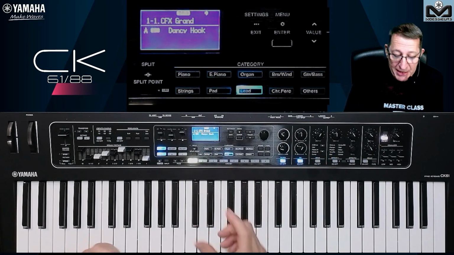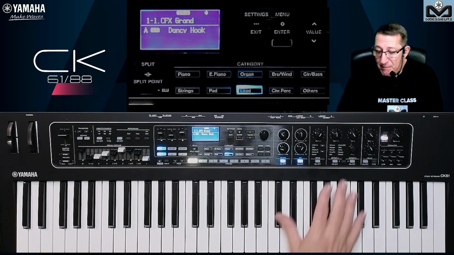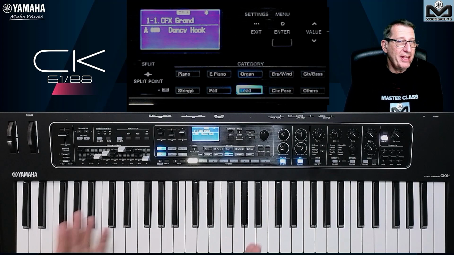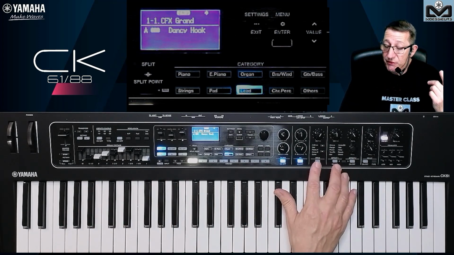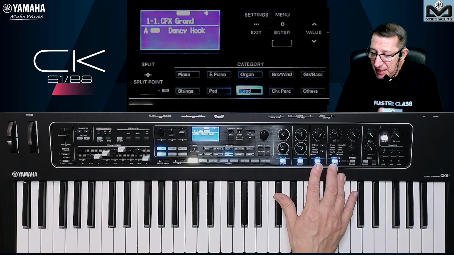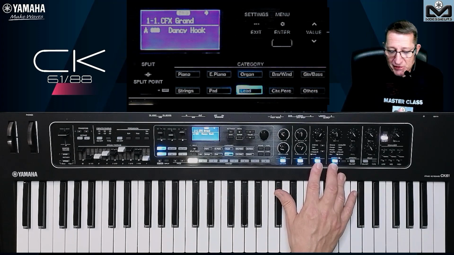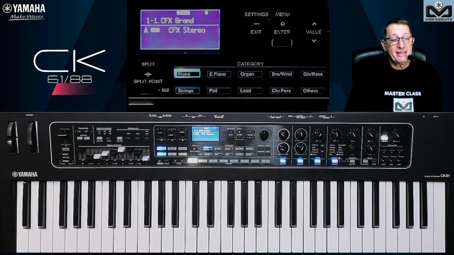But if I go to take a lead sound here, the damper resonance is not, I will say, the best choice for a lead. So that's why it's shut down, because you need to think to start and say, for the dancey hook, perhaps I will choose one other effect. Just to remember to use things like that.